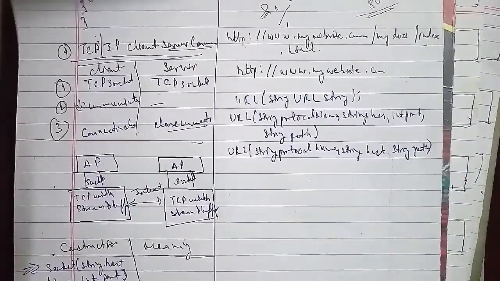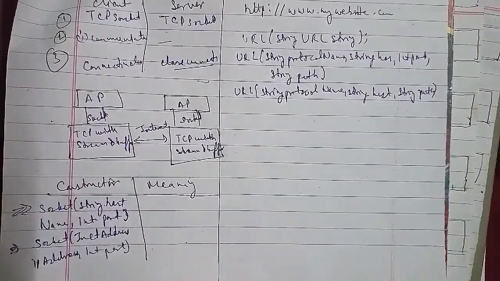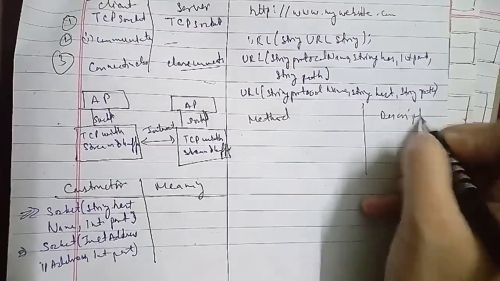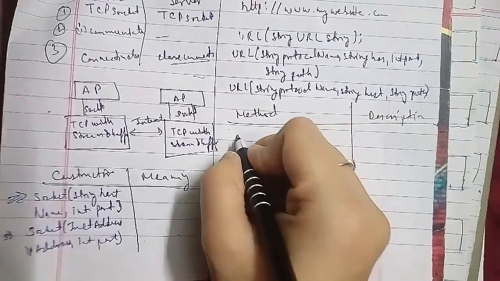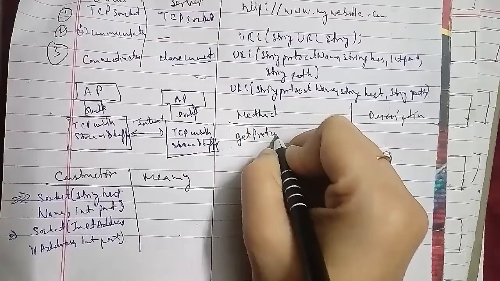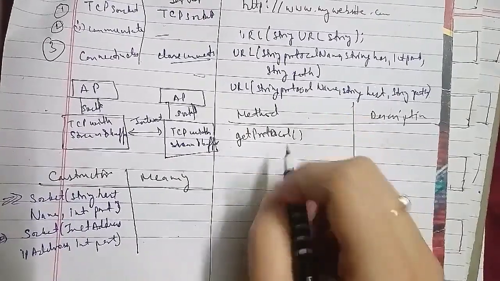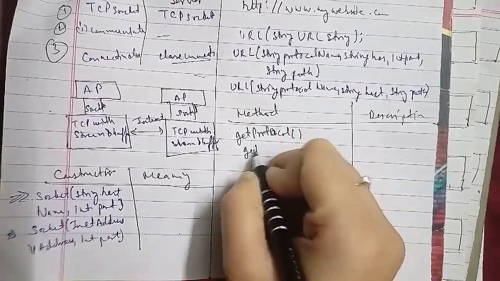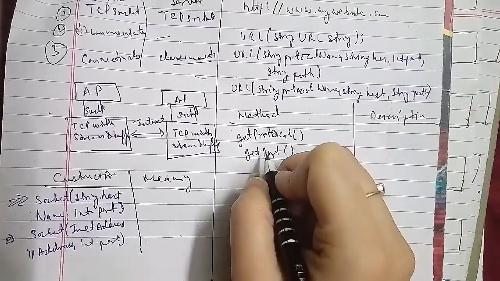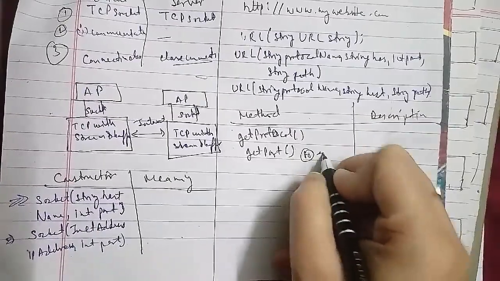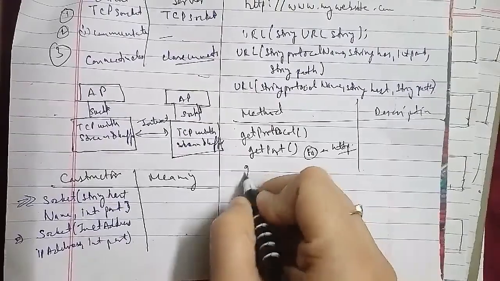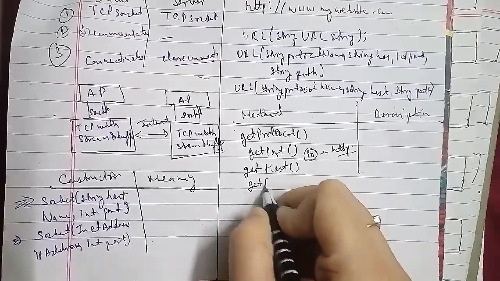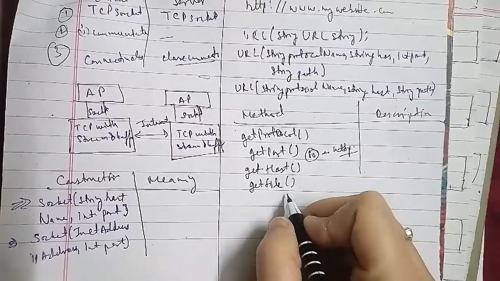So now we'll go ahead and I will write a program. Import java.net, class MyURLDemo, start a curly bracket, then we have public static void main, that is String args, throws MalformedURLException, and then URL obj equals new